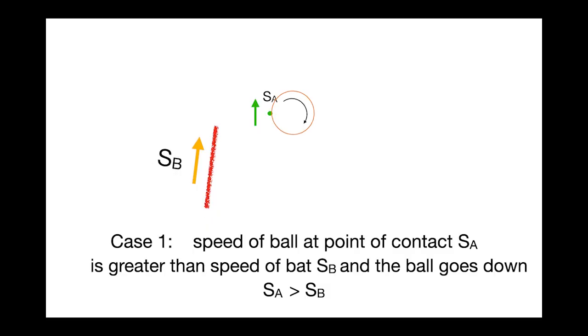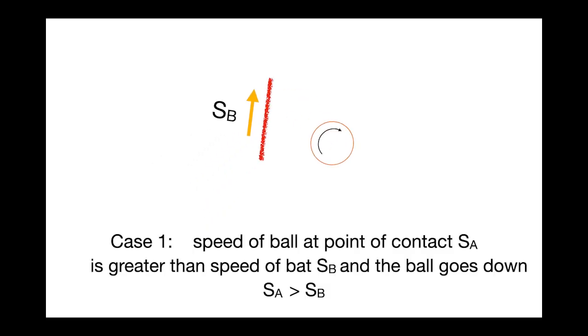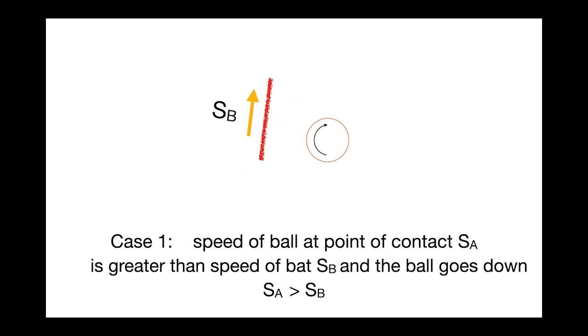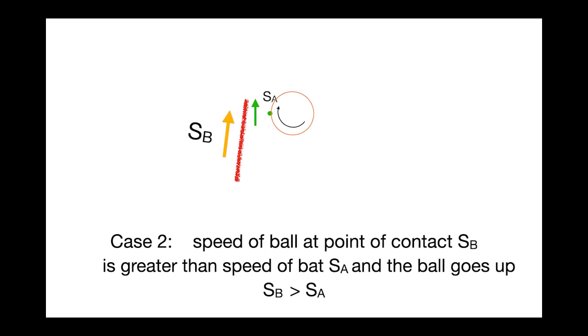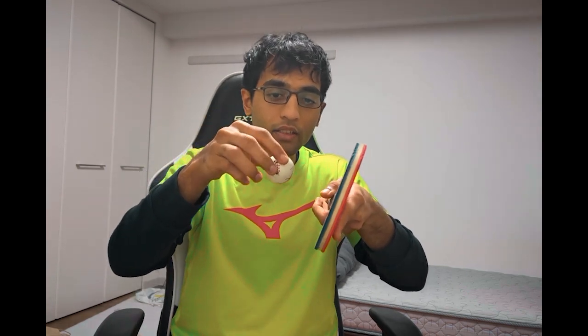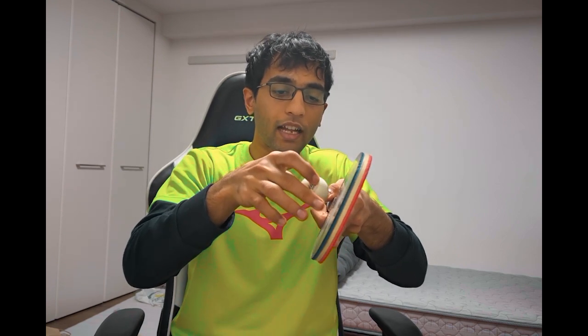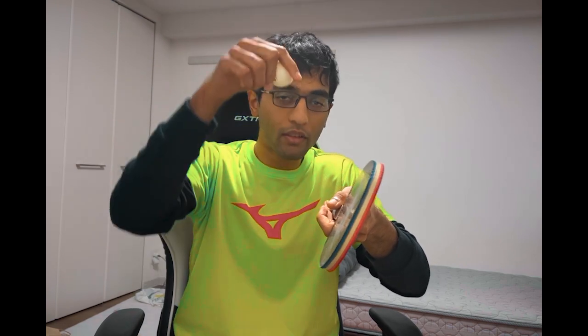Watch these two cases carefully. In the first case, the ball is actually spinning faster and therefore the force of friction actually acts downwards and the ball goes down. Whereas in the second case, the bat is faster than the speed of the ball and therefore the force acts upwards and the ball goes up. This explains why if you were to receive a ball with backspin, then even if you kept your bat stationary, this point of the ball does have some speed in the vertical direction and therefore the friction force that acts on the ball is going to be in the reverse direction and the ball is going to go into the net.